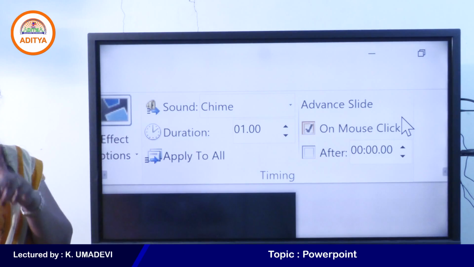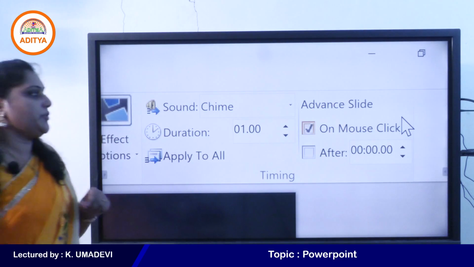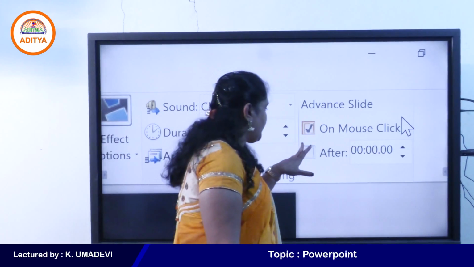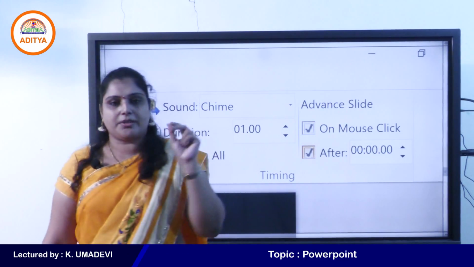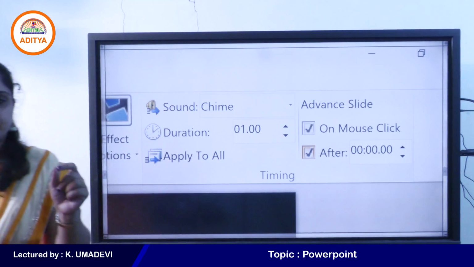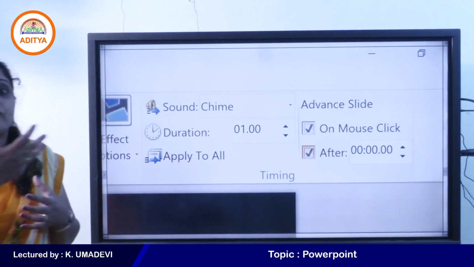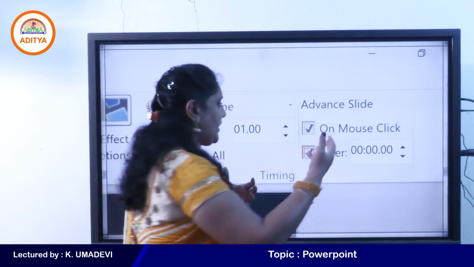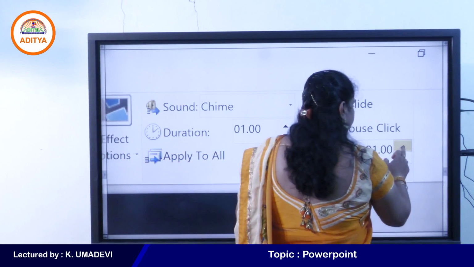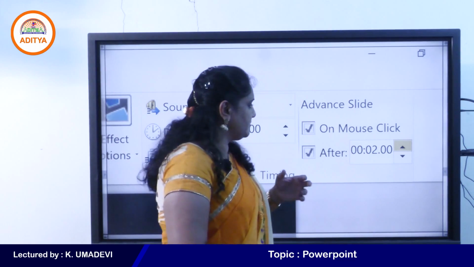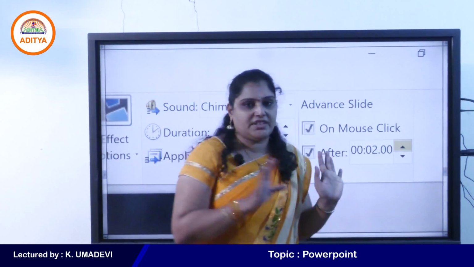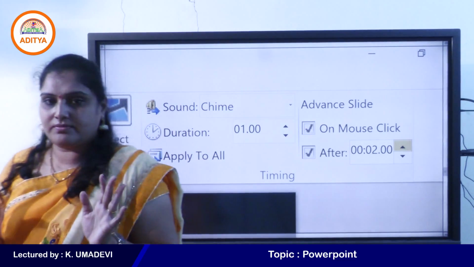If you want to run your slideshow automatically, you need to use timings. That means select the after checkbox. After means the slides are automatically moved after a particular period of time. For example here, just I'll apply 2 seconds.